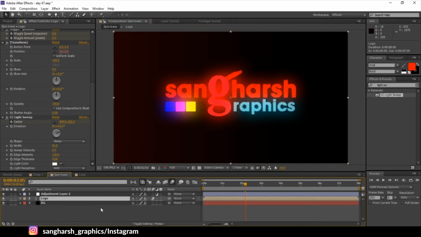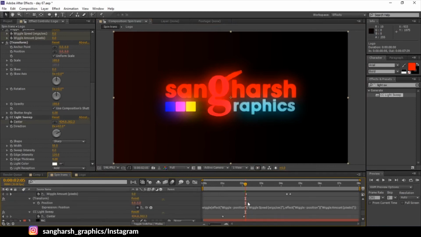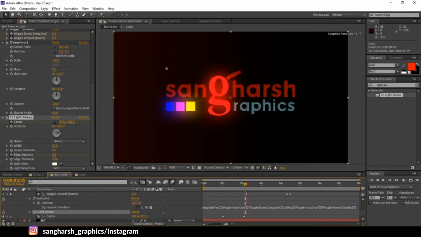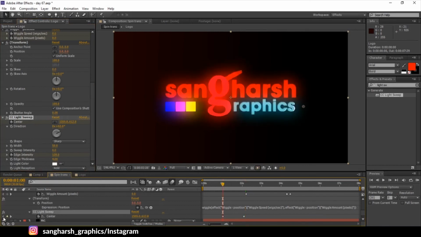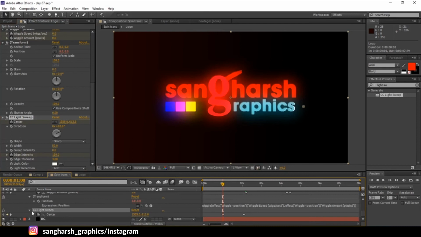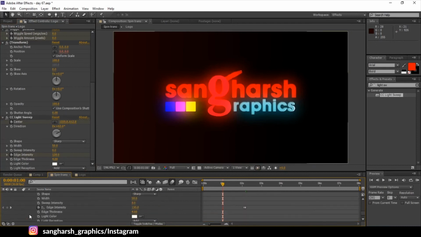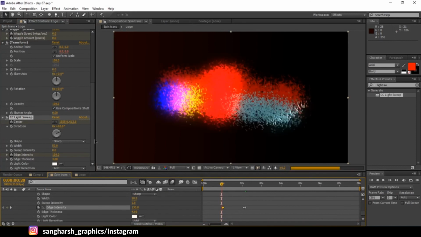Okay, let's open the sweep keyframes. Here are the keyframes. So at this keyframe, add a keyframe on edge intensity, go 2 frames ahead, make the intensity 0. Same for here, at this keyframe, add a keyframe on edge intensity 2 frames behind, make the edge intensity 0.